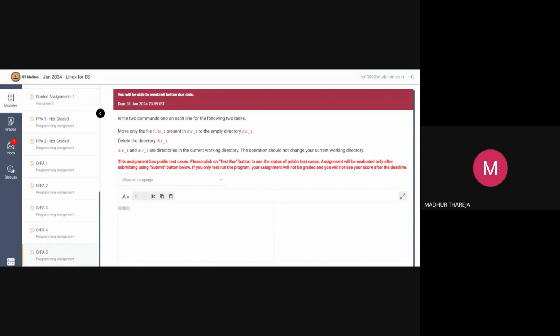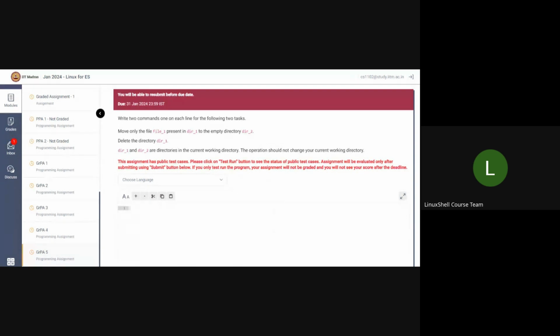Okay, with a batch script, you have to do it. Once it's done, it will be automatically resolved and the test case will be passed. The point he's trying to make is that you don't need to know whether file one is in dir1. Maybe you would like to use ls and see whether file one is present, but you don't need to do that.